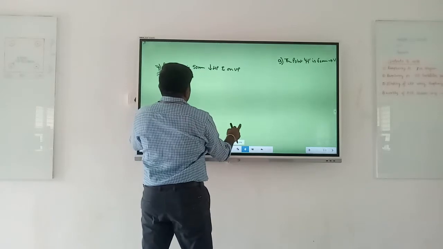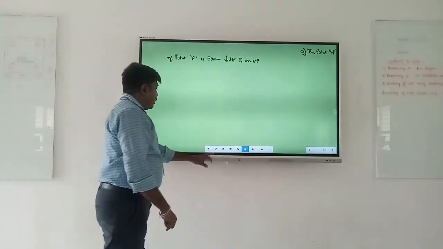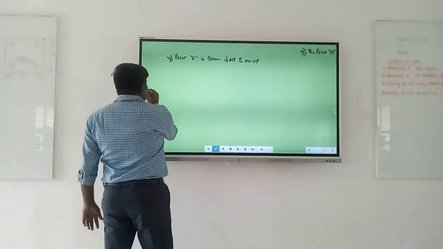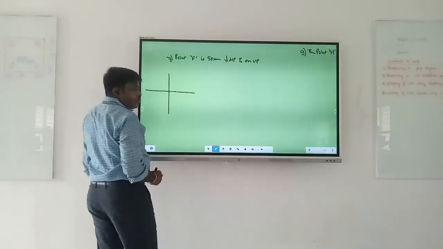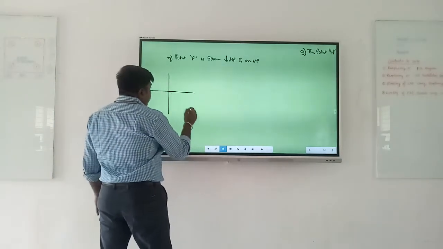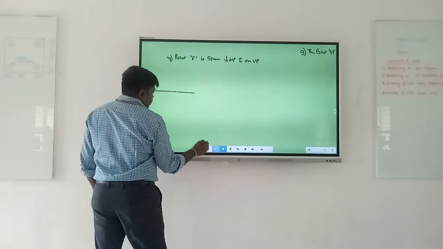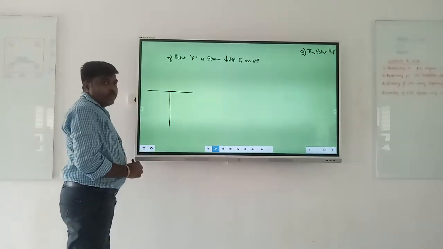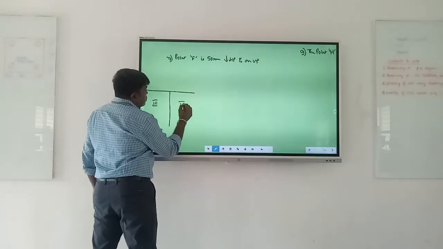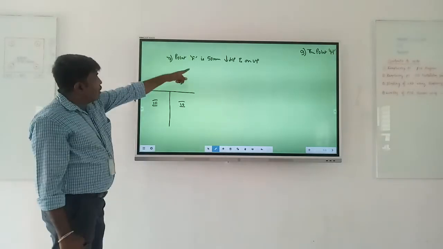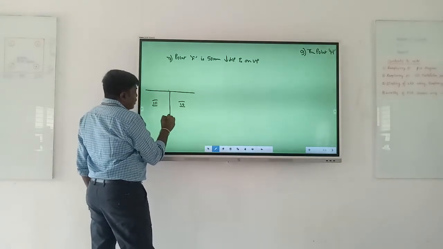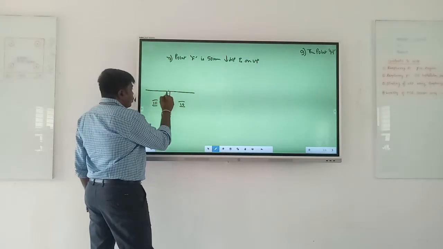Problem number 7. Okay. So here, it says the point F is 50 mm below HP and on VP. So, if this is your quadrant, below HP means below the line, nowhere related to above the line. So, I'll erase this one and I'll take only below the line. So, below the line, what kind of quadrant you have? This is your third quadrant and this is your fourth quadrant. Correct? How much mm below? It is 50 mm below. So, from here, count 5 boxes, that is 50 mm, and draw the image below.